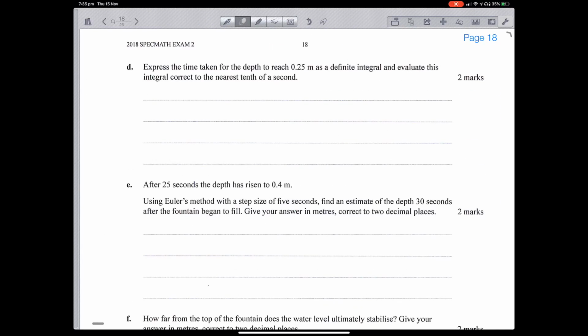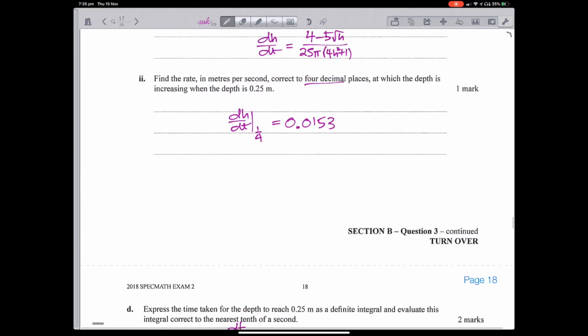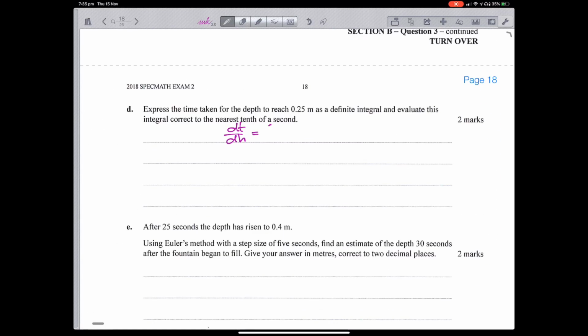Okay, express the time taken for the depth to reach 0.25 meters as a definite integral and evaluate this integral to the nearest tenth of a second. Okay, so we know time taken. So we know what dh/dt is. So dt/dh is that upside down. dt/dh is 25 pi (4h squared plus 1) on 4 minus 5 root h. So then t will be equal to 0 to the height of a quarter, not a half, 25 pi (4h squared plus 1) on 4 minus 5 root h dh, which is equal to,